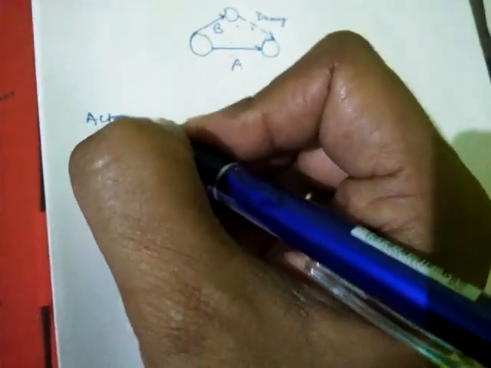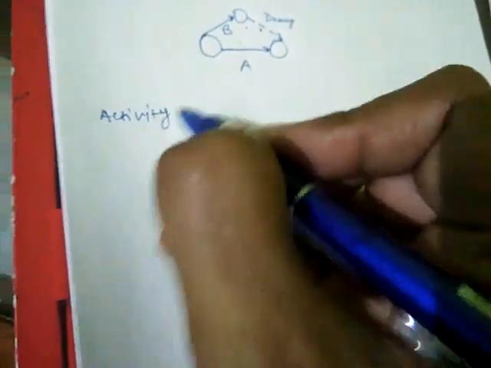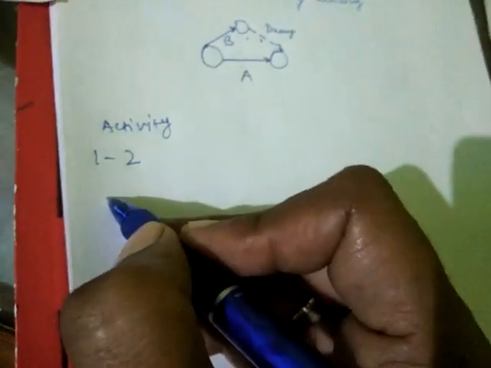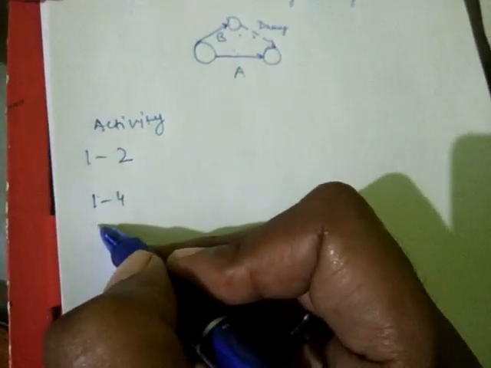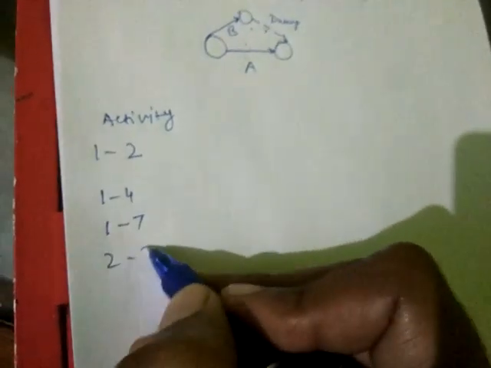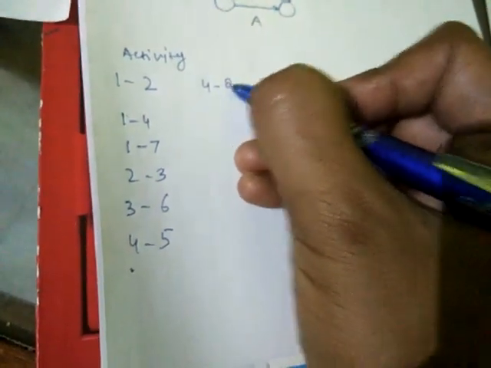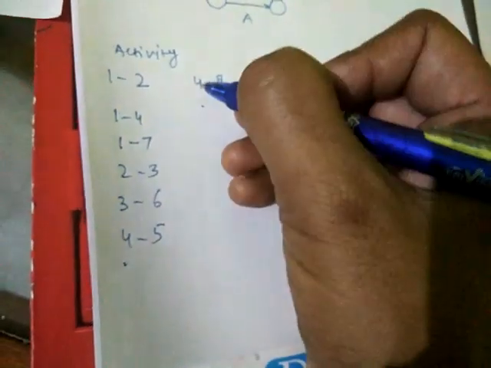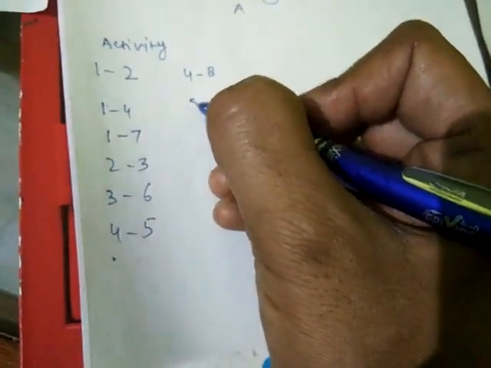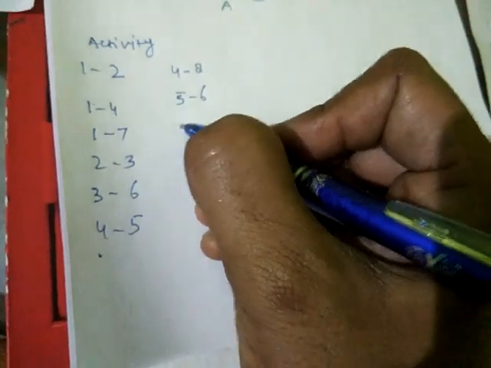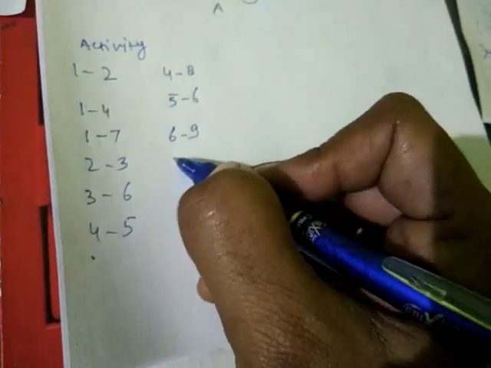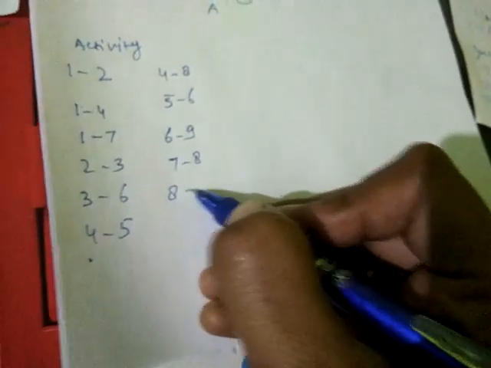You have to make a network diagram for this set of activities: 1 to 2, 1 to 4, 1 to 7, 2 to 3, 3 to 6, 4 to 5, then 4 to 8, 5 to 6, 6 to 9, 7 to 8, 8 to 9,